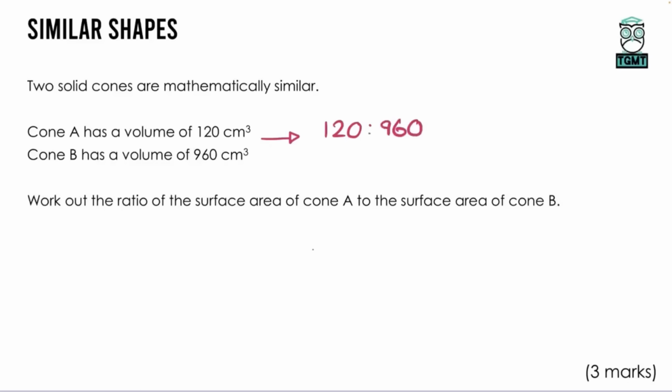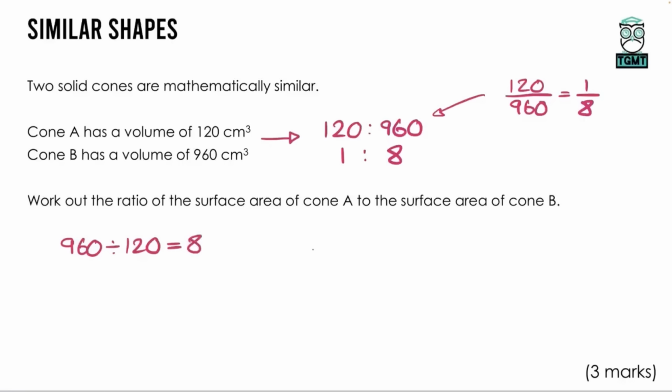However, that is a volume ratio. Now if you type that into your calculator as a fraction, it'll actually simplify it for you. So 120 over 960, and if I type that into my calculator, it comes out as 1 over 8, which actually simplifies the ratio, so that's 1 to 8. Now that's one way of doing it, and obviously this is still a volume ratio, but the other way, to find the scale factor, you do the larger shape, 960, divided by 120, and that gives us 8. That tells us that one is 8 times the size of the other, which again is the ratio 1 to 8. So it doesn't matter which way we do this, but we're going to get that ratio 1 to 8